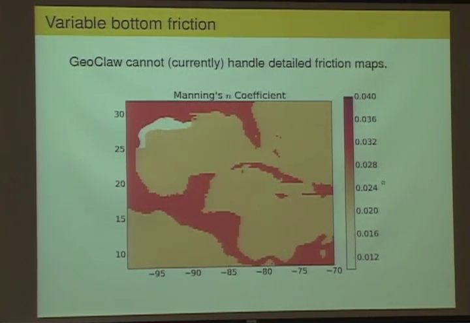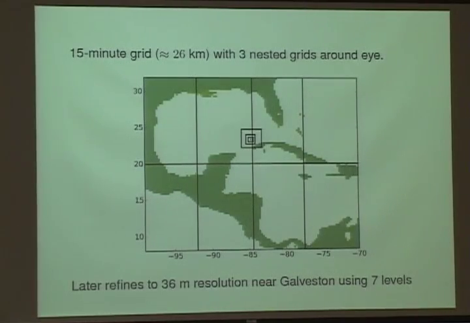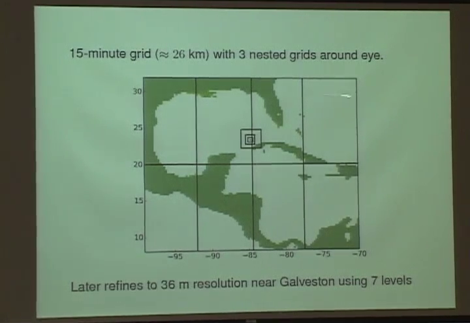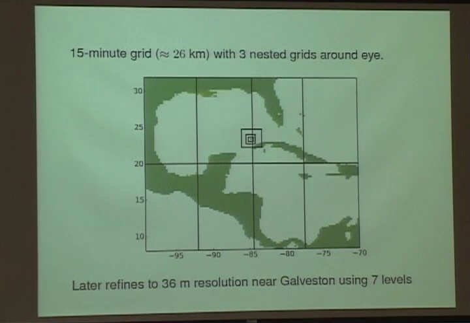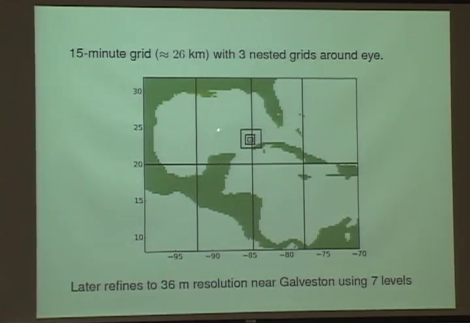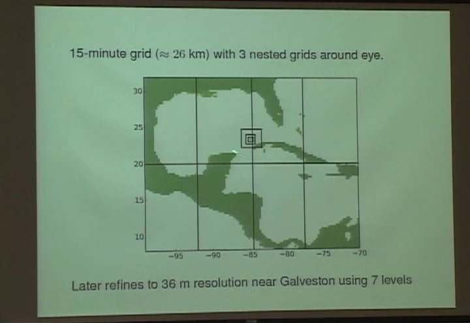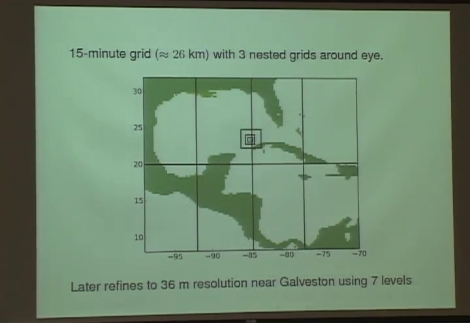So for this particular run, there were only two different values of the friction factor used, one in the ocean and one on the shelf here near Louisiana and Texas. And this is a representation of the hurricane and the grids that were used 3 days before the hurricane hit shore. So the eye of the storm was here. And these are just showing the nested levels of refinement that were used around the hurricane. I don't have the animation, but you can visualize that as the hurricane moves towards shore, these nested